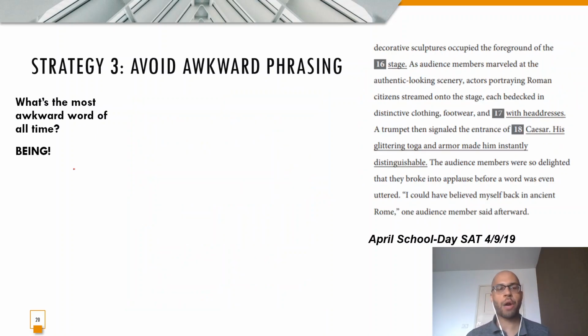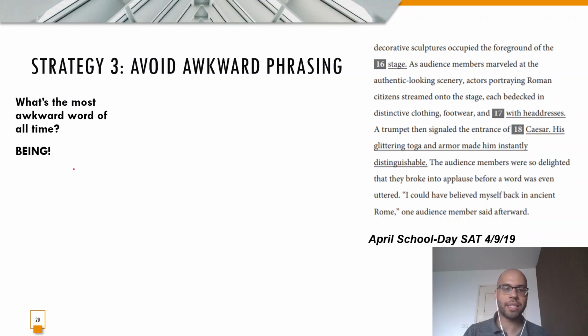Now, if we're saying avoid awkward phrasing, what is the most awkward word of all time on the SAT? Well, it's being. I'm going to try to show you guys if I can. I don't know if I'll be able to do this correctly, but if you can see here, I've got a tattoo on my ankle that is the word being with a line through it, okay? Because being is often wrong on the SAT. It's a word that sounds kind of fancy to students, but it's usually a trap. And so you can almost always eliminate answers that include the word being, especially when you're dealing with grammar